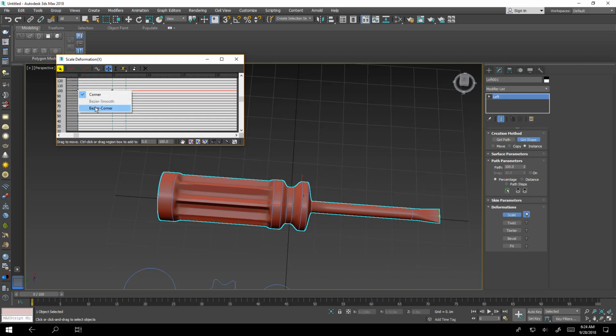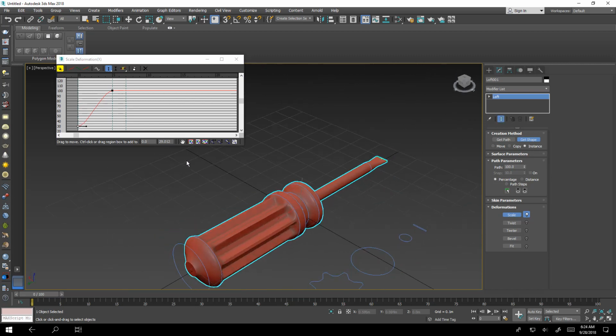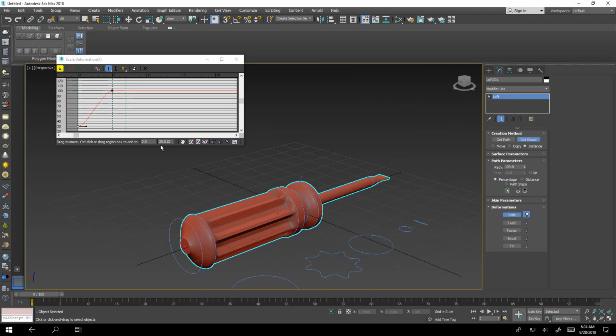I want it to be Bezier corner, and if I'm afraid of moving point or vertex in all directions at once, so I will pick only move vertically, and I will move it, for example, to be like this, maybe 10%, and